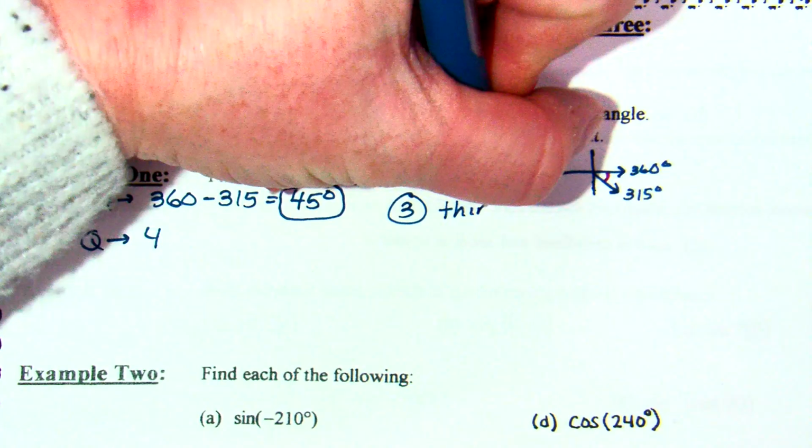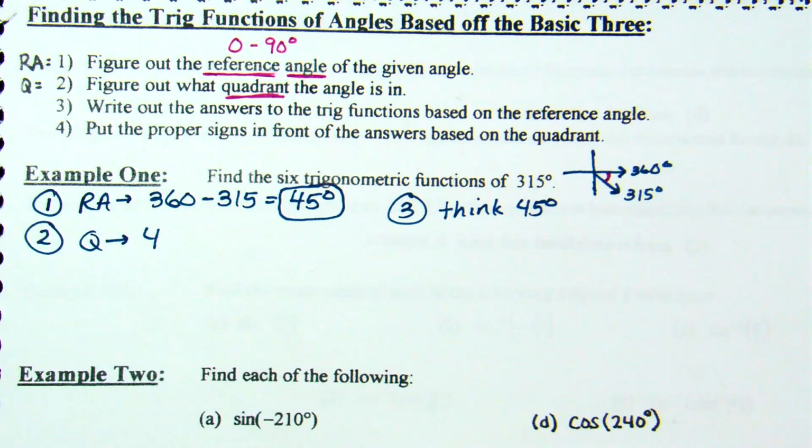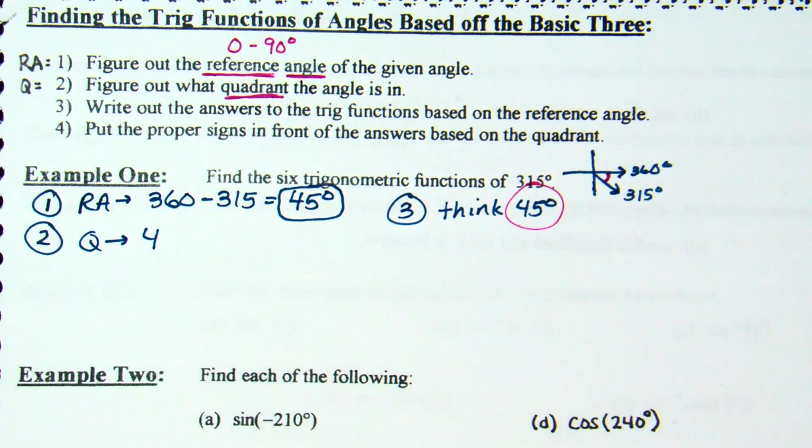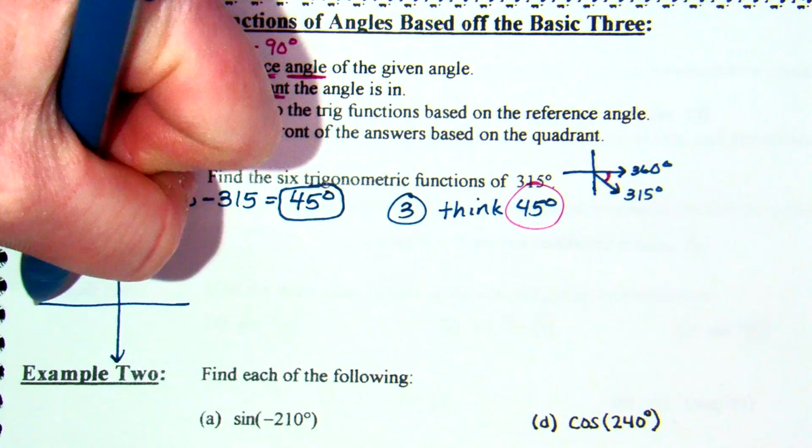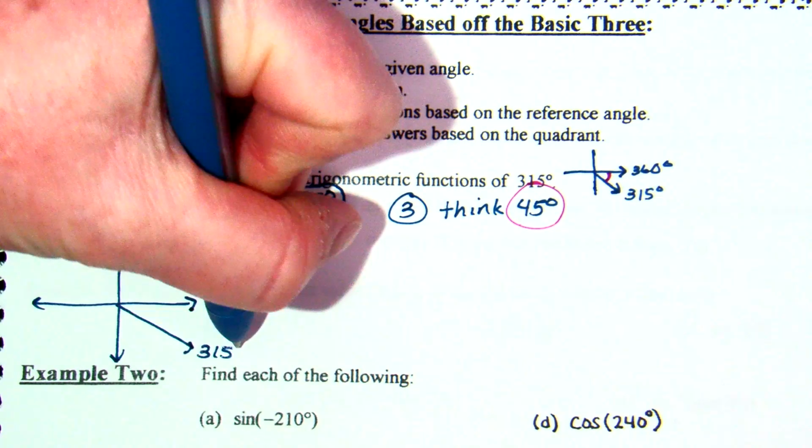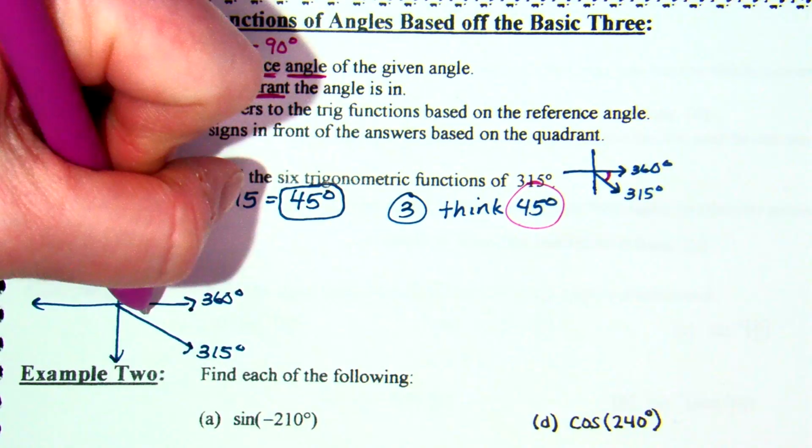Now, even though it says 315 degrees, I'm not using 315 degrees. What am I going to think? 45. We're going to think 45 degrees, because 45 degrees is our reference angle. Okay? And I guess I should have drawn a better picture down here. I didn't look at my notes for what I've done in the past, but if I draw a little bit larger picture, I don't know how well you guys could see that picture, but